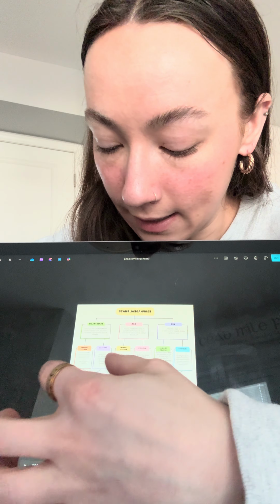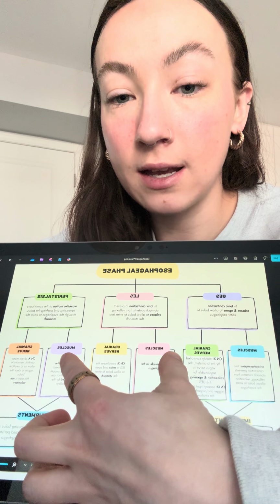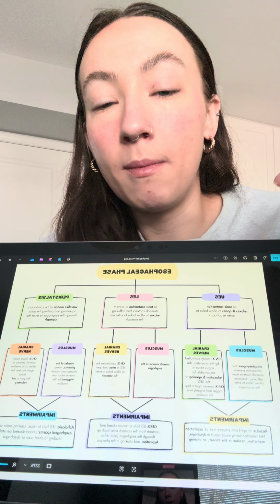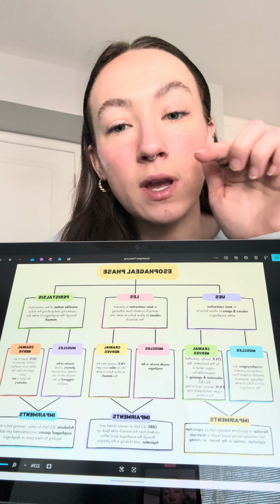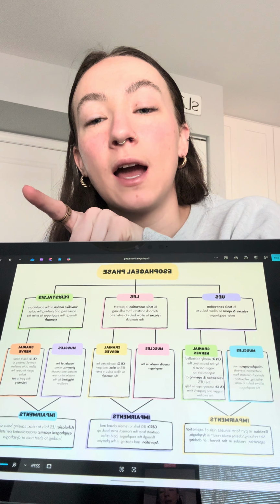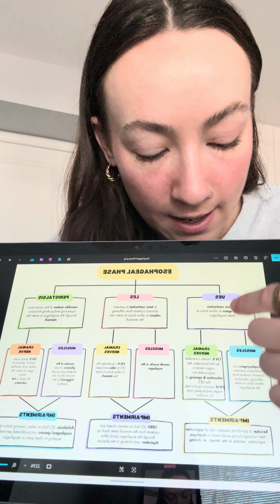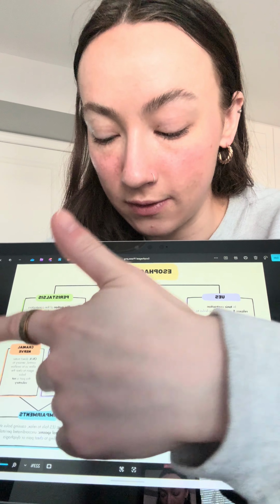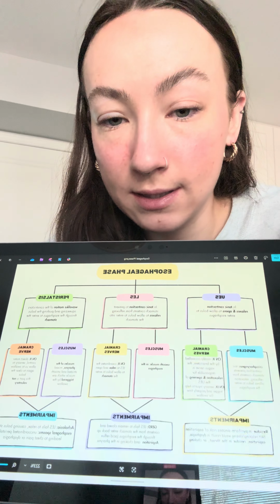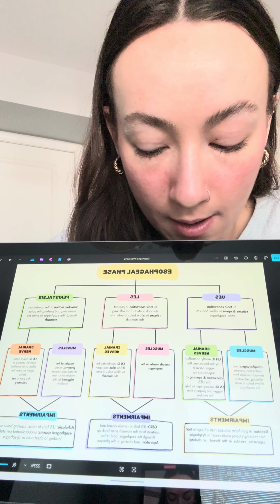And then lastly, I have the esophageal phase. In this phase the bolus goes from the UES to the LES, in which peristalsis occurs. And then I put the different muscles and cranial nerves involved in each of the stages, and then impairments that can happen if this doesn't properly